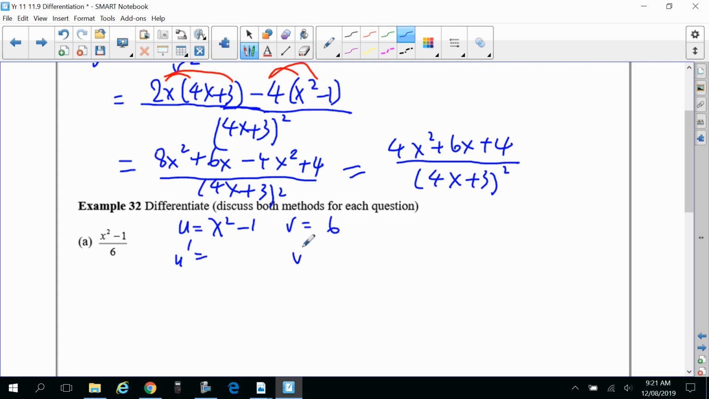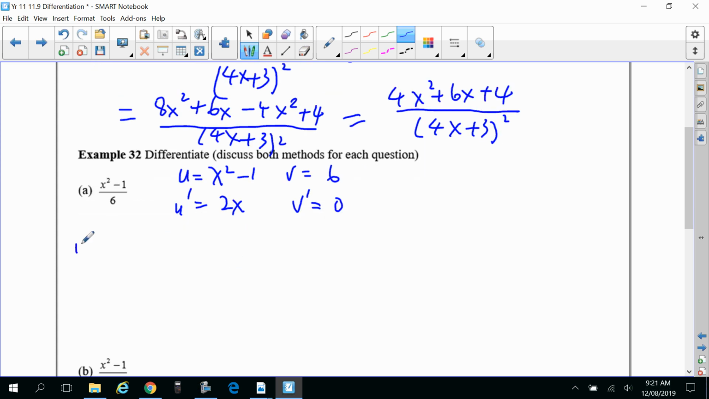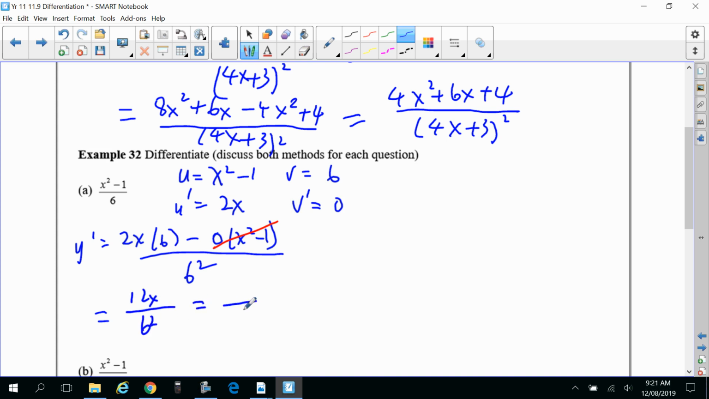u' is 2x, v' is 0. All right, harmless. y' = (u'v - uv')/v². That got... destroy the 0, just destroy everything. So 12x over 6 squared. It's like trying to... Oh my God, it's almost like I'm going to drive to Gymea from Miranda, which is next to Caringbah,